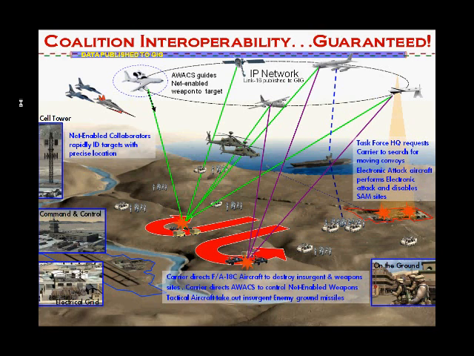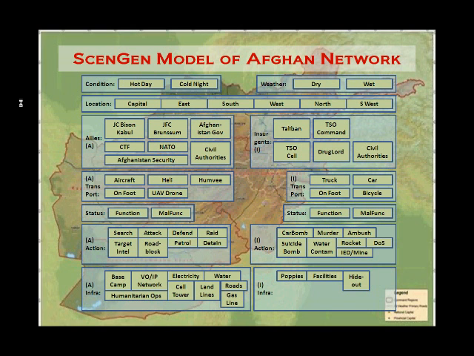Sometimes you can have negative emerging scenarios, where systems and processes break down because it's the first time they've interacted in a particular way. ScenGen can be used to test mission plans, systems of systems, or networks of networks. For CWID, we use ScenGen to model the Afghan network as defined in the Joint Command Bison Contingency Plan mission brief. The key situation variables are time of day, weather, location, allied and insurgent organizations, and their corresponding transportation methods and status, mission actions, and infrastructure elements.